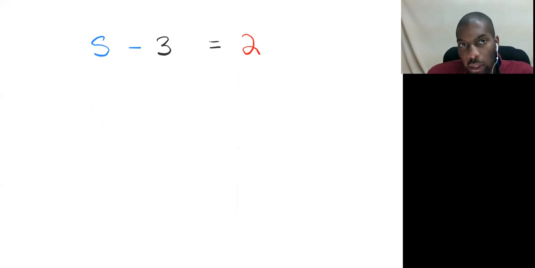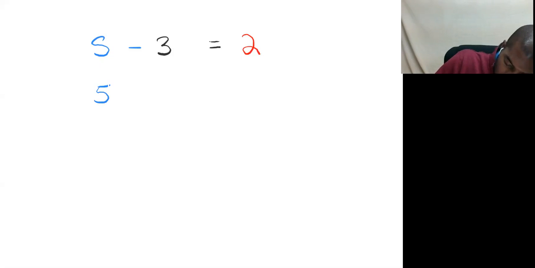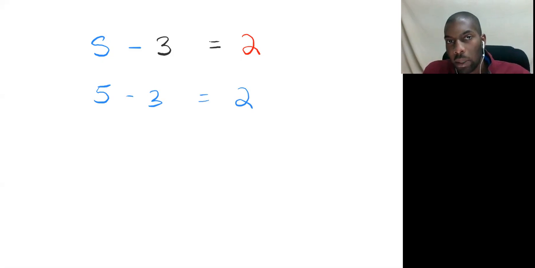Well, as you know, right, the answer to this is probably going to be 5, because you just know math, right? 5 minus 3 is equal to 2. Okay? But let's say we didn't know that. What the book is going to ask you is,